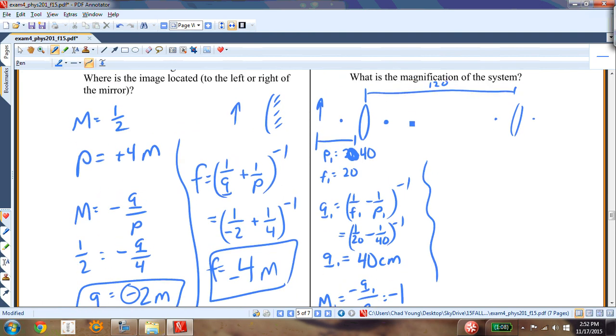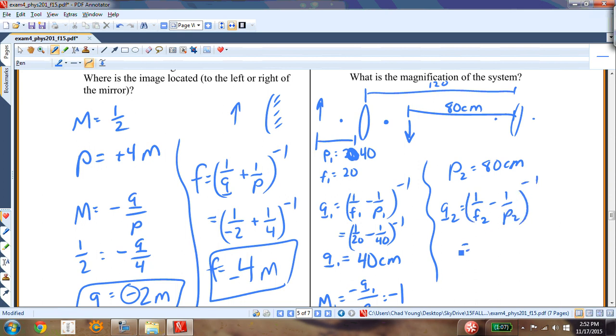Now, my image is formed over here. It's inverted, it's the same size as the object, and it's 40 centimeters to the right of the lens. That means that this distance is now 80 centimeters. So P2 is positive 80 centimeters, and I want to know Q2. The focal length here was 20. That's equal to 4 over 80 minus 1 over 80. That's 80 over 3